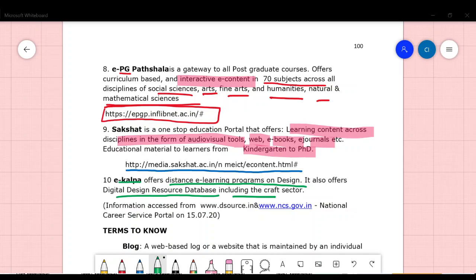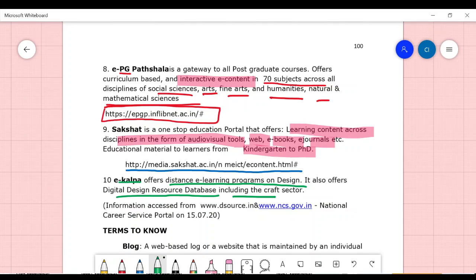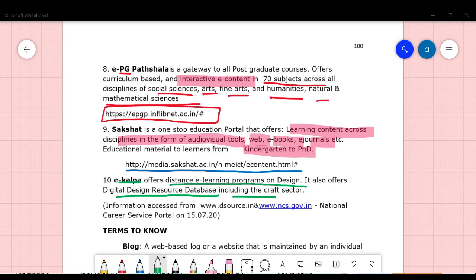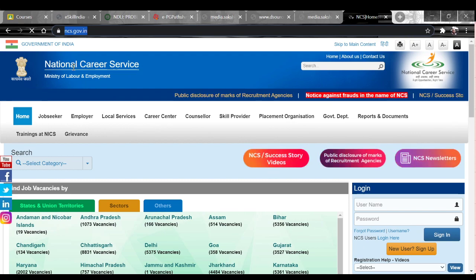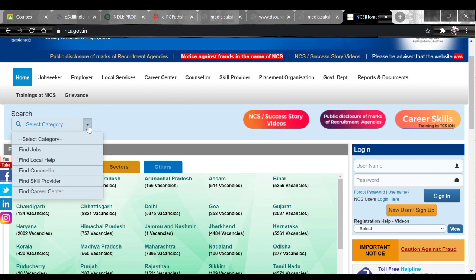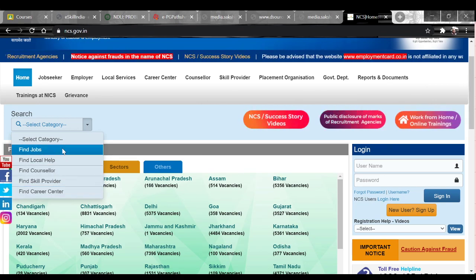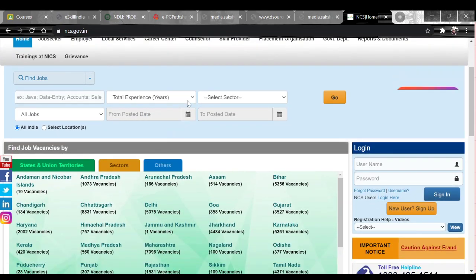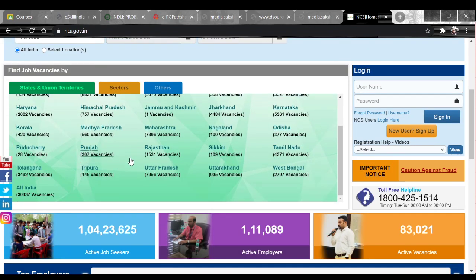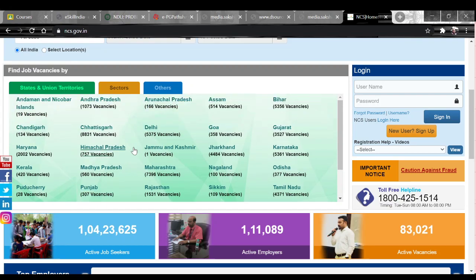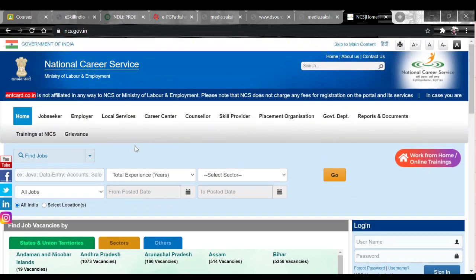National Career Service. Very good. NCS is all about National Career Service, which is for employment. As soon as you finish, you can go over there and find jobs and find the skill area or career center. Let me see what those jobs are, what you want, and how much experience is needed. Probably you will have so many details about this. We are not using it, right? I think this is very useful.